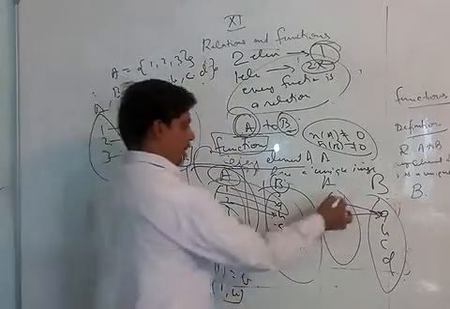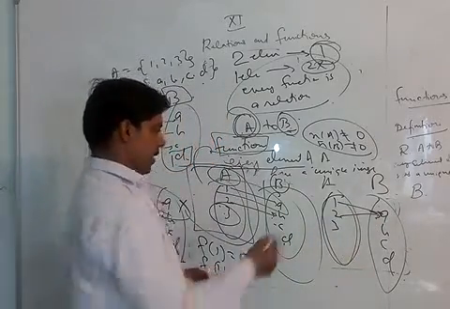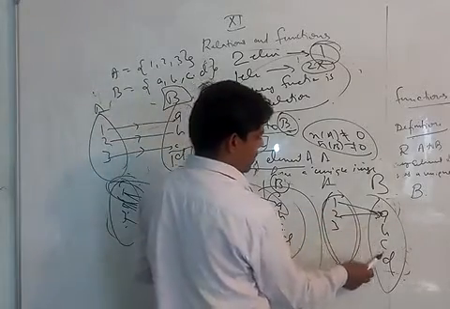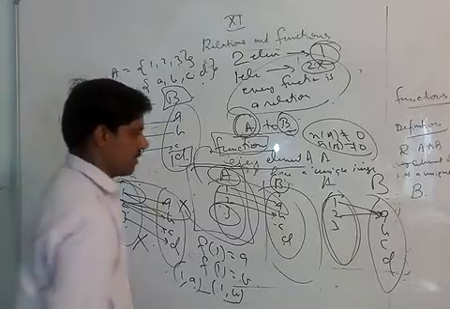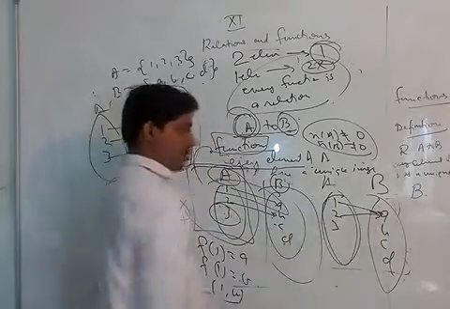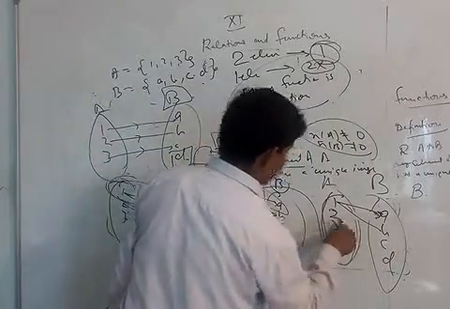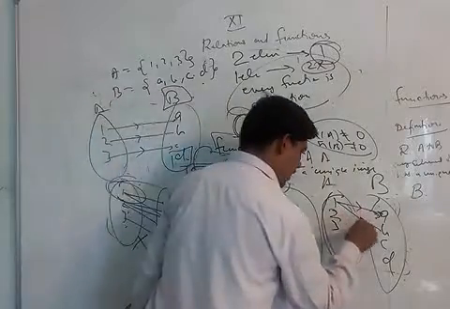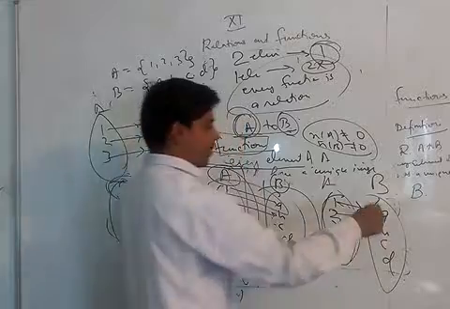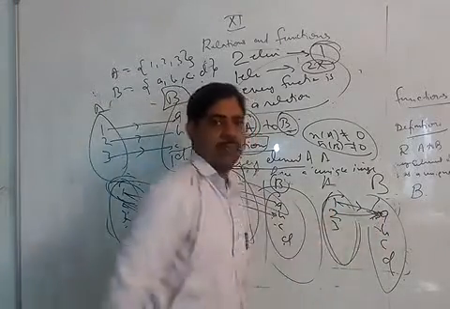सपोज देयर आर 3 पीपल एंड A B C D आर 4 मशीन्स. ठीक है, एक फैक्ट्री है जहां पर ये 3 लोग वर्क करते हैं 1 2 3 और हमारे पास 4 मशीन्स हैं A B C D. तो हम क्या कर सकते हैं, we can send 1 to one machine, 2 to the same machine, but we cannot send 1 to 2 machines. एक आदमी को 2 मशीन पे हम वर्क करने नहीं भेज सकते. But we can send 2 people to the same machine. If the machine is big enough, we can say, भाई, you 2 people go and work on the same machine.